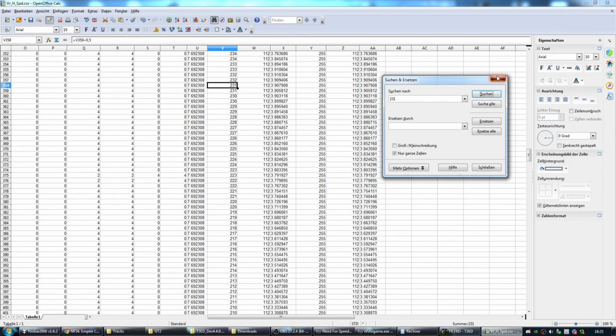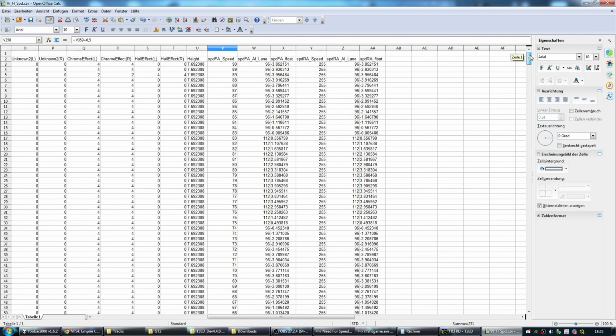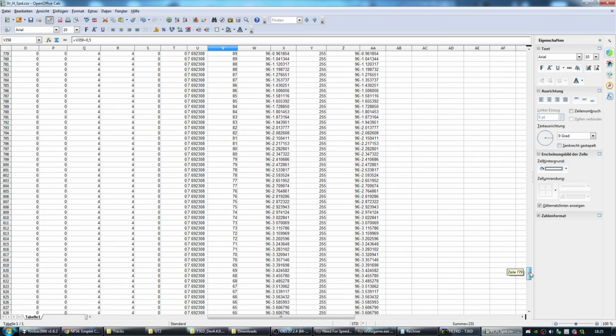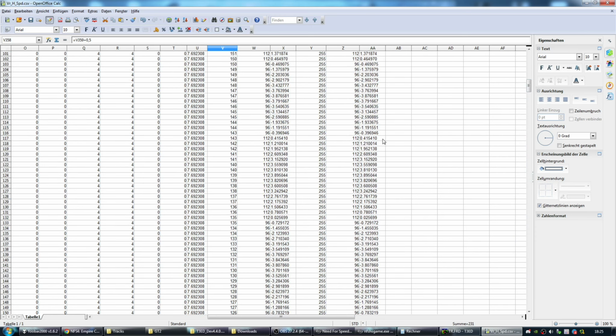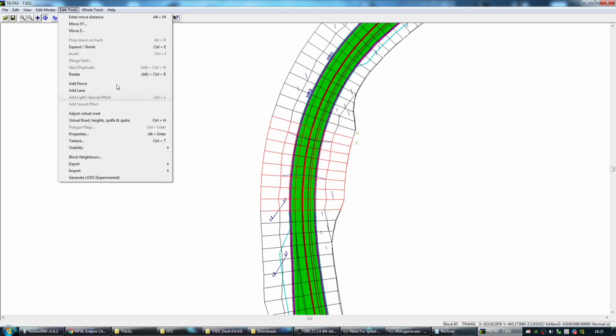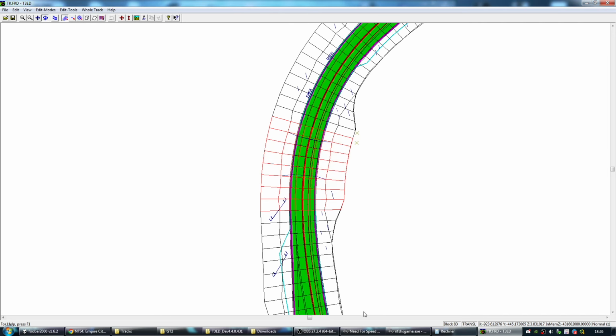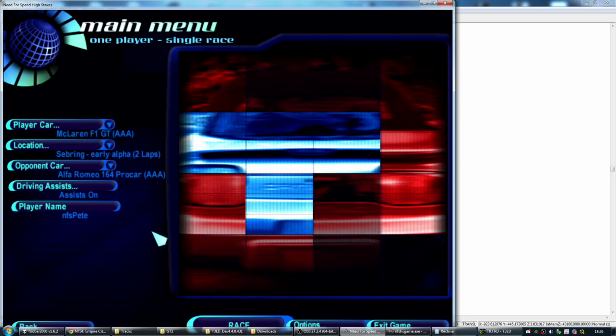Oh, because it is a formula, that's why. Okay. Very strange. Why didn't he find it? I mean, he did find it before. Anyway, okay, that's it again. Save and